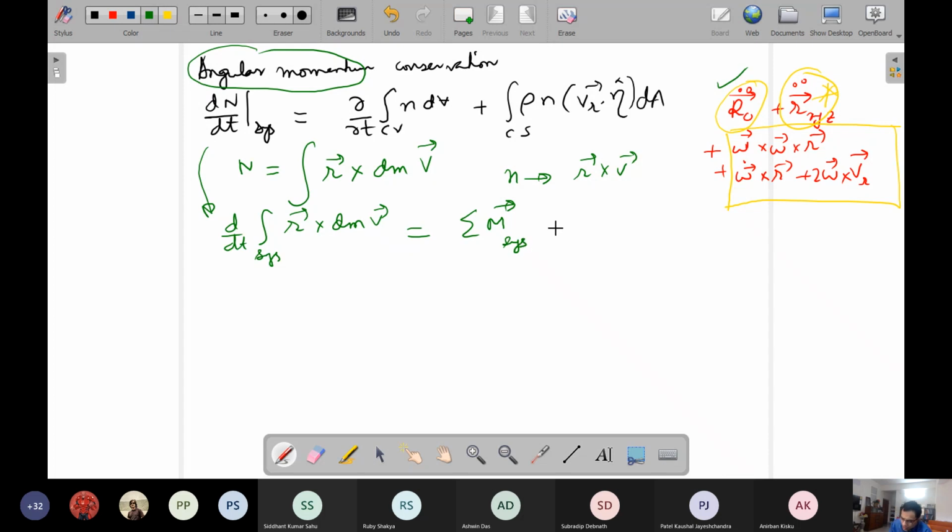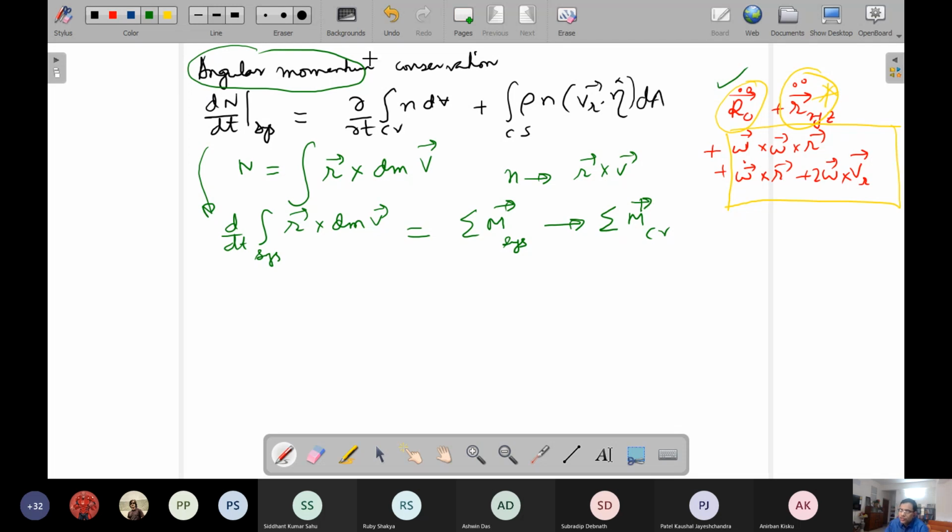So this is the resultant moment, and because the Reynolds transport theorem is derived for a limiting condition when the system tends to the control volume in the limit tends to 0, this is the resultant force on the control volume. So that is the left hand side moment on the control volume. So this is the left hand side, and the right hand side is very straightforward. You substitute small n with r cross v.